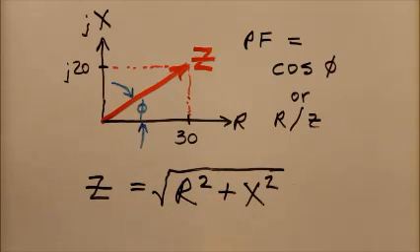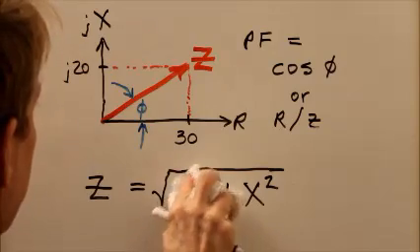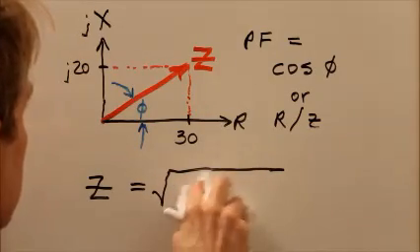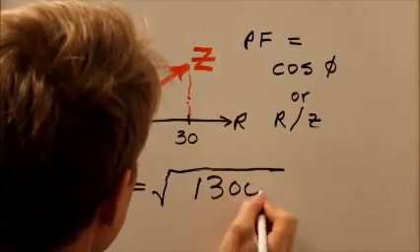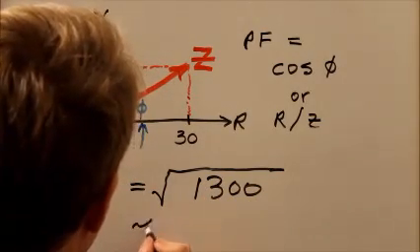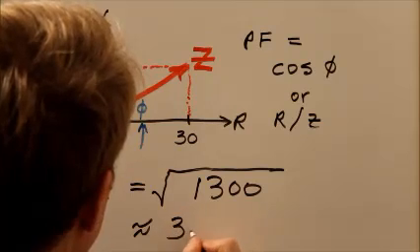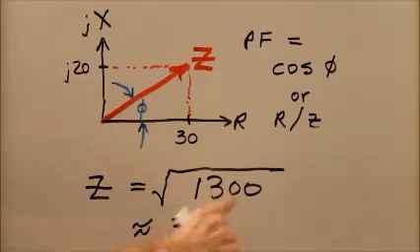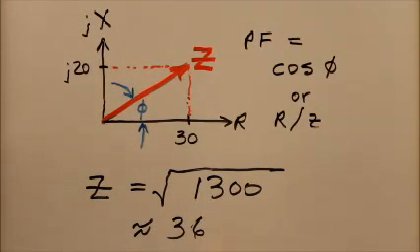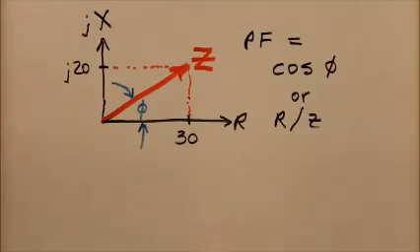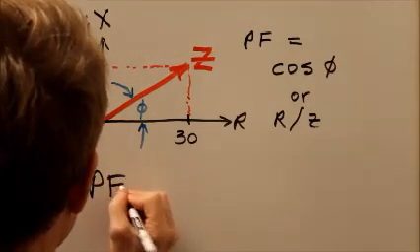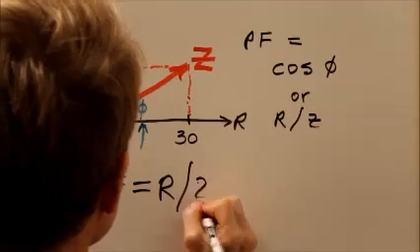That is how we calculate Z. Well, R squared is 900. X squared is 400. You add them, you get 1300, and the square root of 1300 comes out to just about 36. Now we know R and we know Z. So the power factor equals R over Z,